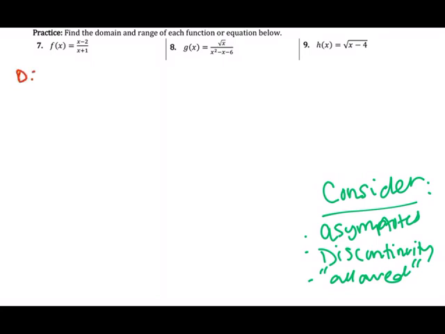The first thing that I notice is that I can't have -1 in the denominator. If I had -1 in the denominator, I would have a fraction over 0. So there is, I'm just going to make a little note, there is a vertical asymptote at x equals -1. That's the only x value that's not going to work here. I could plug in -1.1, I could plug in 1,000, I could plug in -1,000,000. Everything else will work. So my domain is going to be -infinity to -1 union